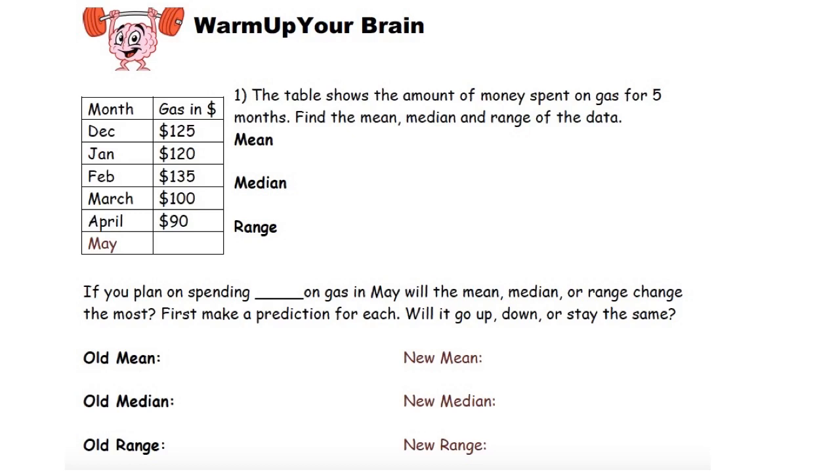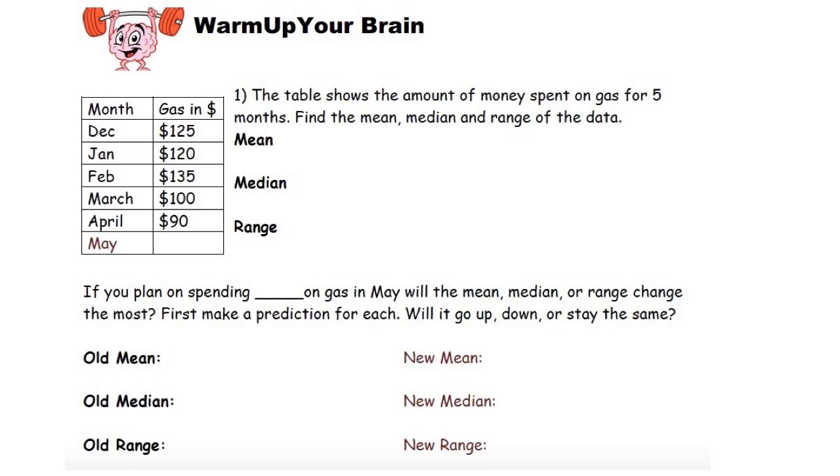Our warm-up for today is going to be a little bit of a review from yesterday. Number 1 says the table shows the amount of money spent on gas for 5 months. Find the mean, median, and range of the data. So we have in December 125, January 120, 135 in February, 100 in March, and 90 in April. And then notice there's an empty spot right here, May. That's going to help us answer the second part to this question. So if we take a peek here,